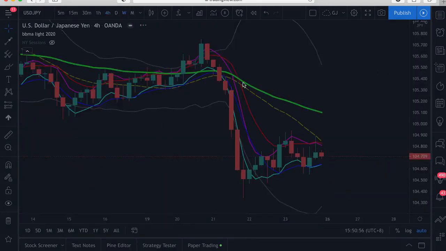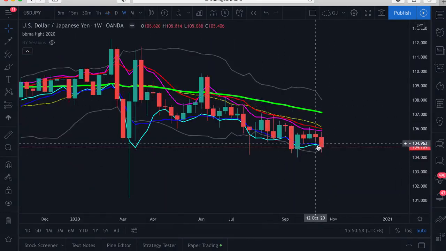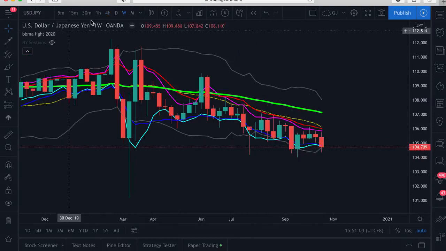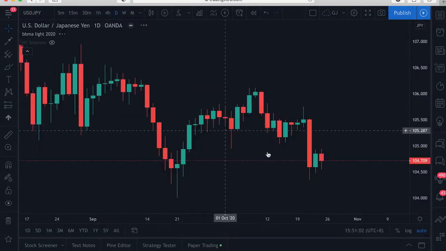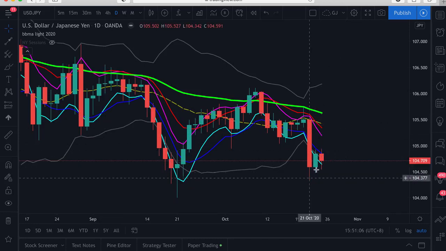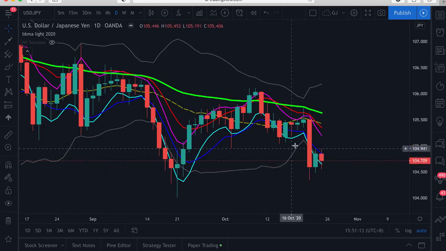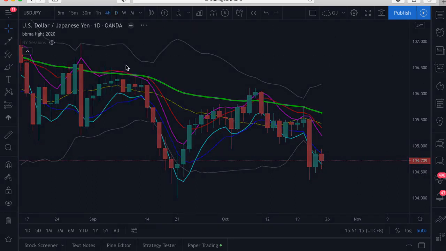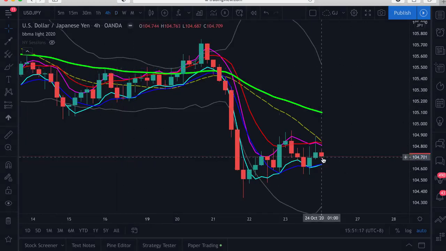Okay, from the weekly time frame, we can see USD JPY is at the re-entry buy zone, and on the daily time frame, it's still a CSM sell because this candle closed outside the low BB, so buy is not ready. If you look at H4, it has not even closed above the mid BB yet, so this is still a